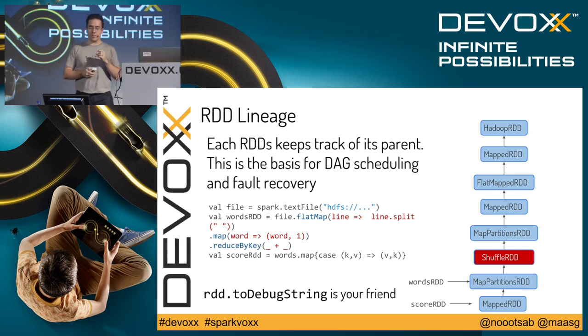But the lineage is important to understand because when you start creating a job like we have there, we have the words and we reduce by key, but then we have the scores. We want to have all the words organized by word frequency. Very interesting if you're doing some simple analysis on text. Then what you see is that we built one lineage where the words RDD will be here, and the score RDD will just be building up on top of that one.